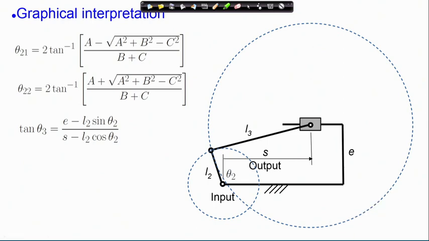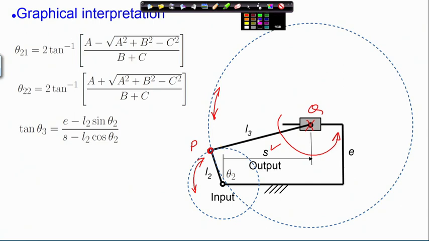So, here is the graphical interpretation of our solution. What we were given: S was specified. If S is specified, this gets locked. So, this hinge is known, this hinge was named as Q. What is not known is this hinge P. Now, this link L3 can be made to rotate on this circle. So, P on link 3 can move on this circle, whereas P on link 2 can move on this circle. So, there are two intersections, one is this,